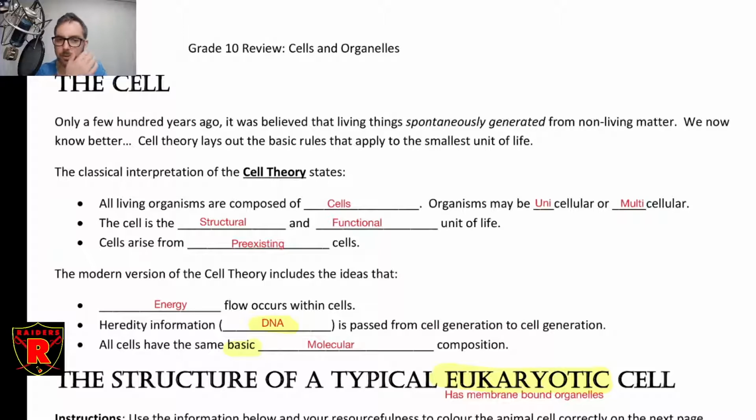These are the tenets of cell theory, by the way, that you probably would have talked about in grade 10. The cell is the most basic structural and functional unit of life. You can't go subcellular and still be alive. If, for example, you were just to take a mitochondria out of a cell and place it in really any environment, it would not be able to survive on its own. So if you go smaller than a cell in terms of subunits, you don't have a complete organism, a living thing. There's no way to do all of the functions.